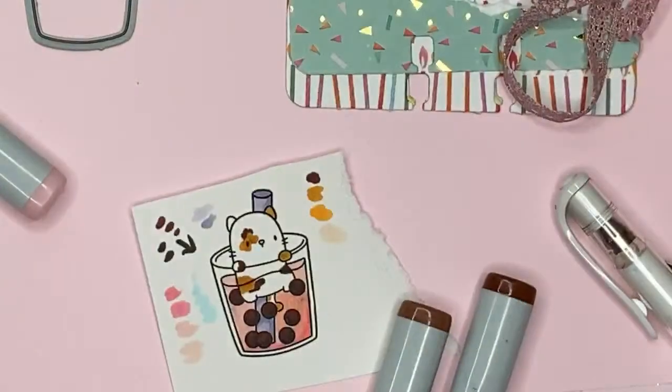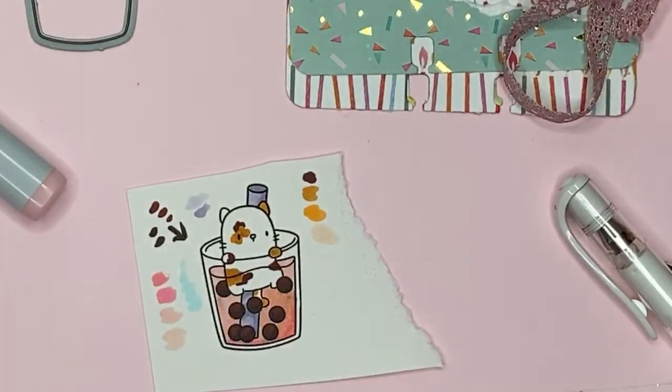Okay, let's try those. Okay, so let's see. This one is hazelnut. Ooh, I like that one. And then this one is a little bit darker. This one is dark suntan. But personally, I think I'm liking...